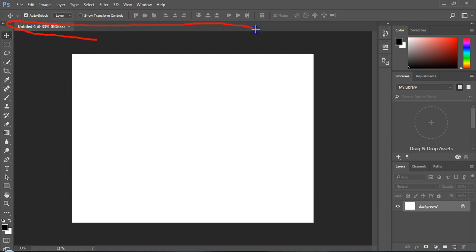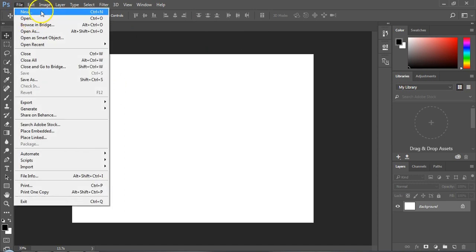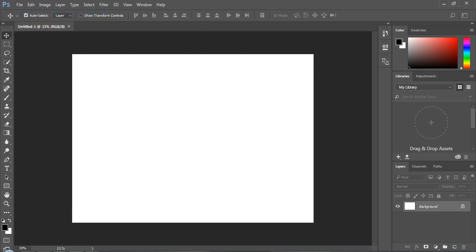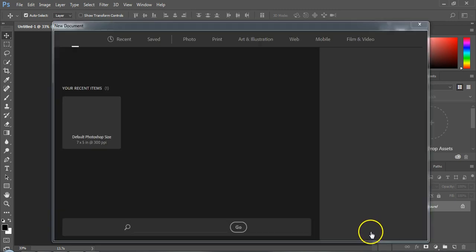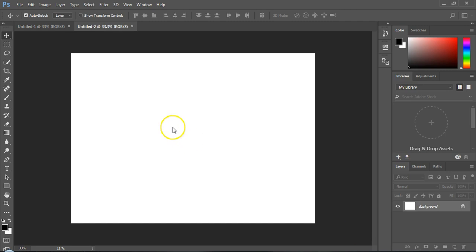Moving on, let's take a glance at the Documents tab bar. This is similar to Google Chrome's tabs. You open multiple files, you will see them line up here. You can navigate among them easily without changing the window, and you can also copy your layers, colors, swatches from one file to another. But those details for later.